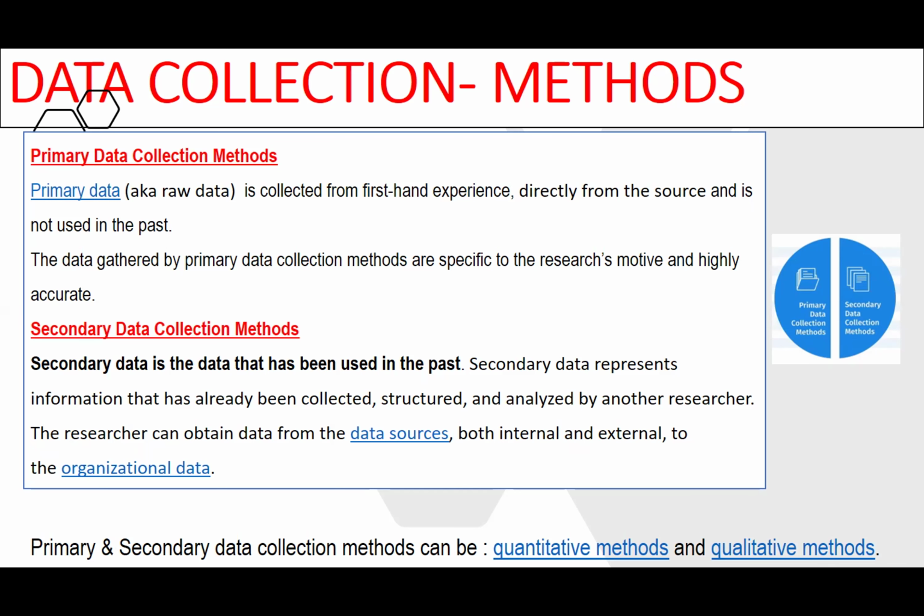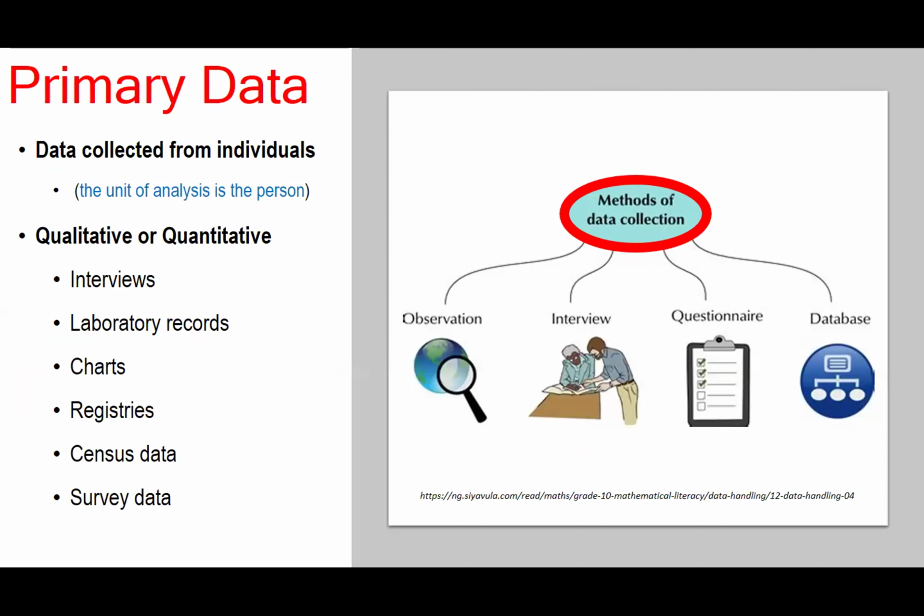Be it primary or secondary, they can be quantitative or qualitative. We can obtain primary data, which is based on the individuals, the subjects, and the subjects are the unit of analysis. You can get it through observation, for example, in cross-sectional studies, cohort studies, and case control studies. It can be through interviews. You can design questionnaires, or go to databases in institutions where they have databases. You can extract the data, and you have data about the subjects which you want to study.